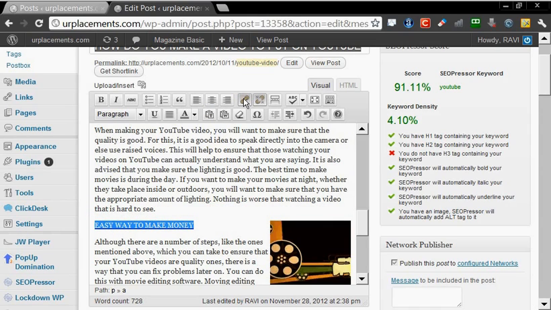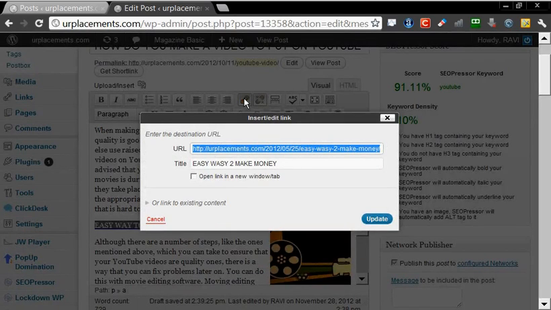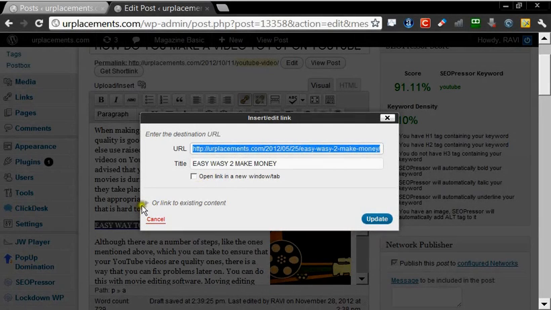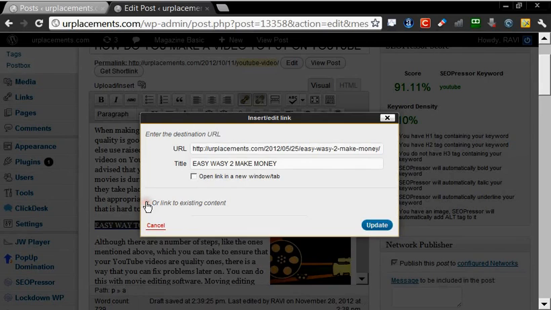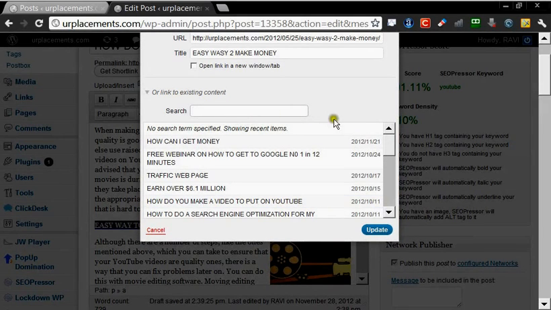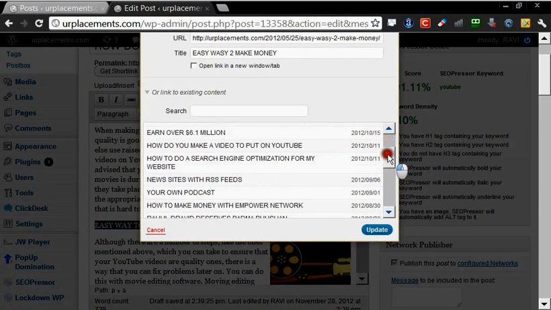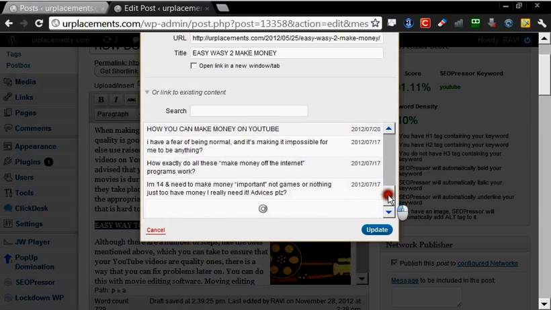Preferably, if you are, let us say, an affiliate, you can create an external link also, not a problem. Just select the text whatever you want to. If you want to select articles in your site, just click this arrow, come down, select whichever article you want to take, click on it and then update. That's it.